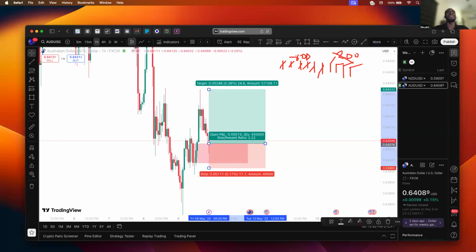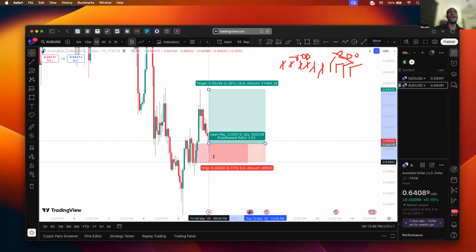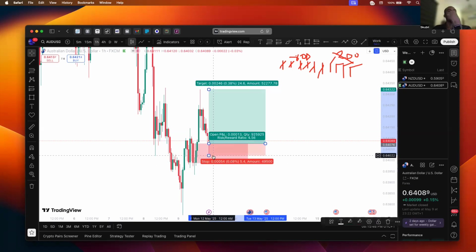What lot size am I going to use? Or what if I have a tighter stop loss? Do you understand? There are times I will have like a 5 pip stop loss. Am I still going to use that one lot size? Do you understand? So what we need to always do is calculate what lot size to use with